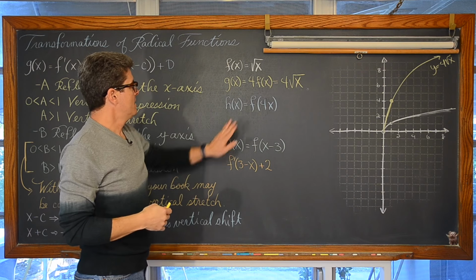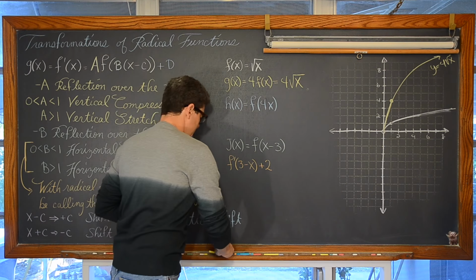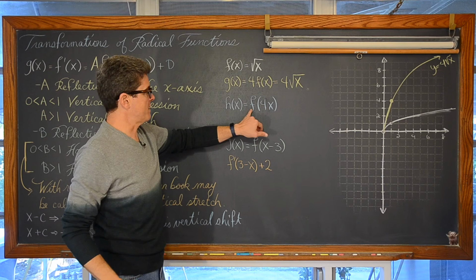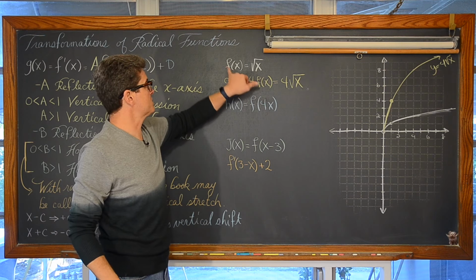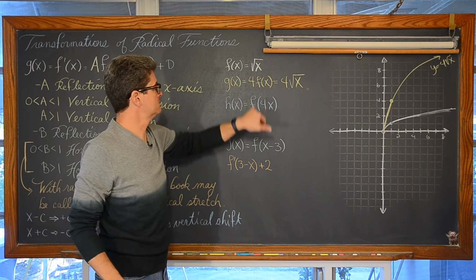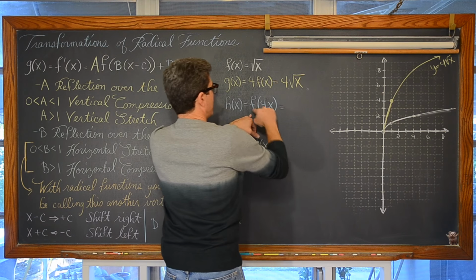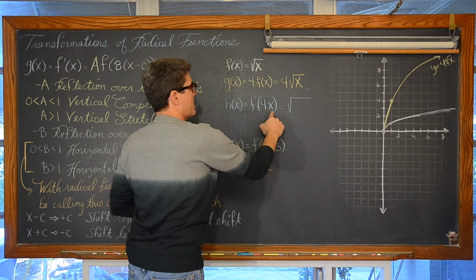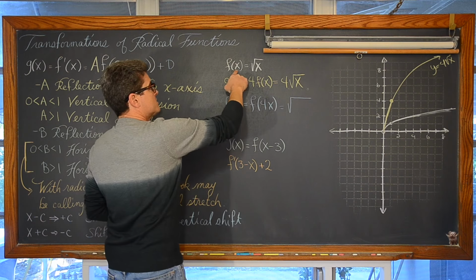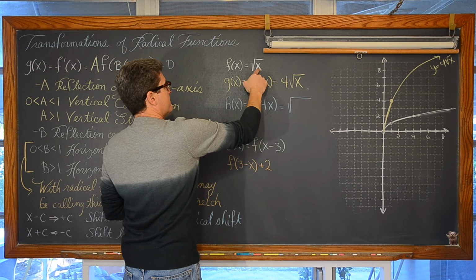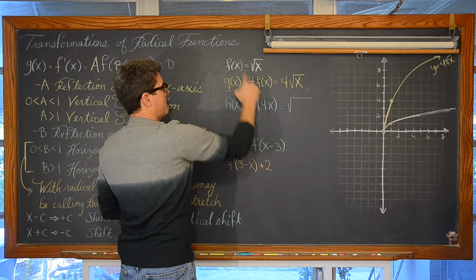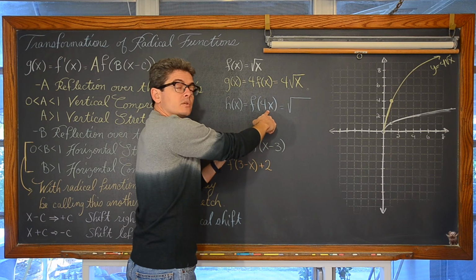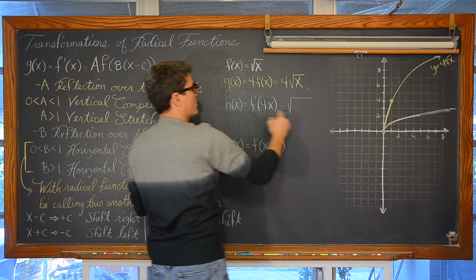Now, h of x is a little bit different. H of x says that we're going to write the function f. Well, the function f is the square root of something. Okay, so f, the square root of something. Now, 4x is in there, not just simply x. So we're going to take out the variable x and replace it, as the function notation tells us to plug in, with the 4x.